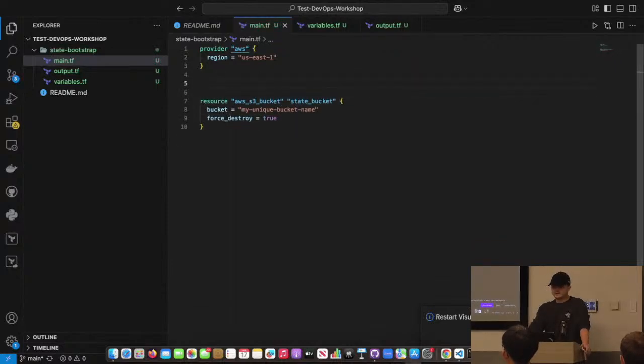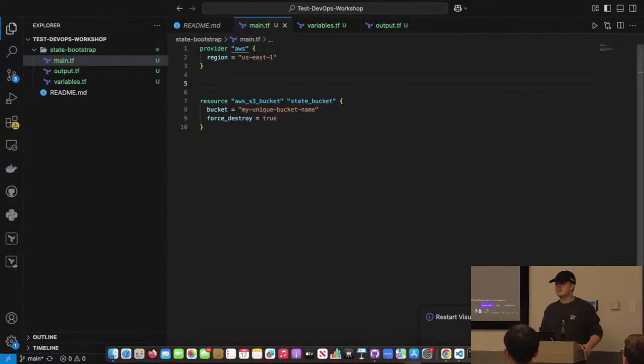And then the next thing we want to set up is a lock table. So Terraform lock is essentially a way to make sure that multiple infrastructure changes don't happen at the same time. This is very important in DevOps because when you're working on big teams, especially at bigger companies, multiple people might be trying to make infrastructure changes at once. And if that clashes, it can really break and crash everything.